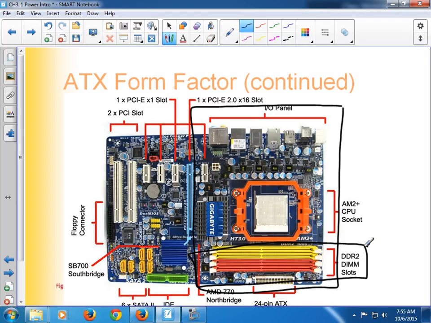Okay, when you get up to 8, you've just got this mondo amount of memory slots. So I've got those. They're color-coded in this case. I've got my CPU socket right here. There's 2 different kinds of CPU sockets that I'm going to see, and I say 2. There's way more than 2, but there's 2 that when I look at them, they're visually different. Okay. And those 2 kinds of sockets we'll talk about more during motherboard, but I need to know that's where